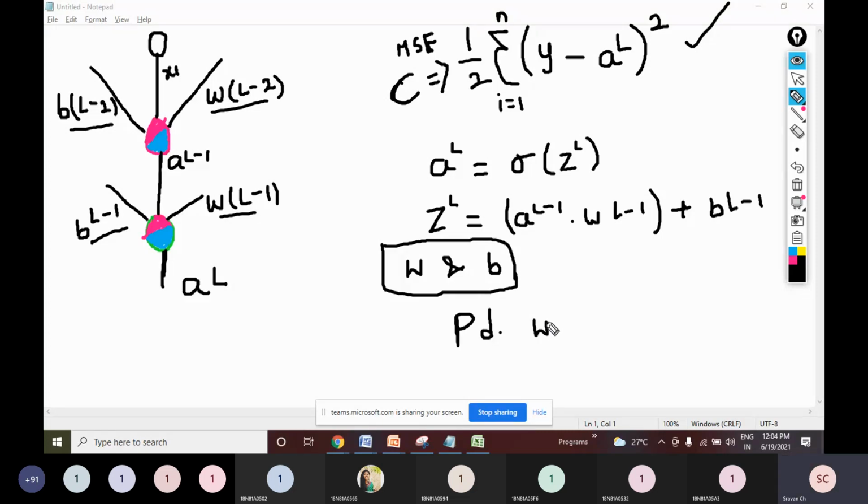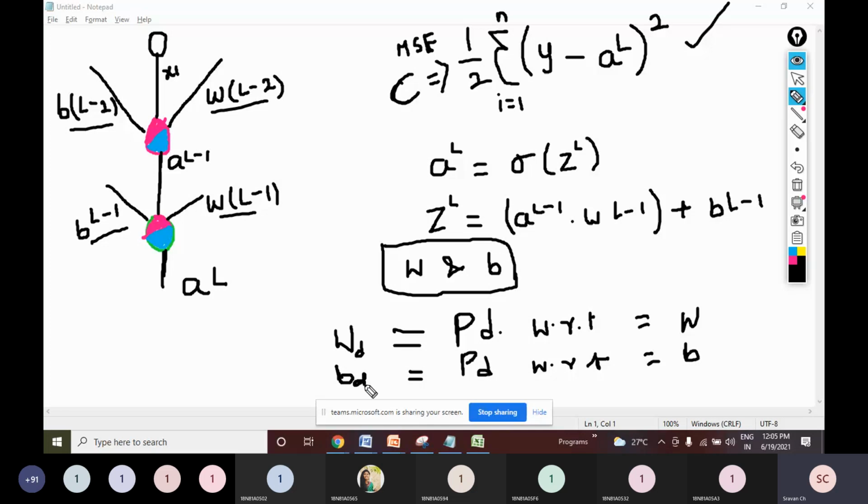with respect to, please listen carefully, partial derivative with respect to weight, meaning my W's, and I need to calculate partial derivative with respect to my bias B. So when I calculate the partial derivative with respect to W, I'll get some answer. Let me call that answer WD. Similarly, I'll get some partial derivative for bias. Let me call that one BD.